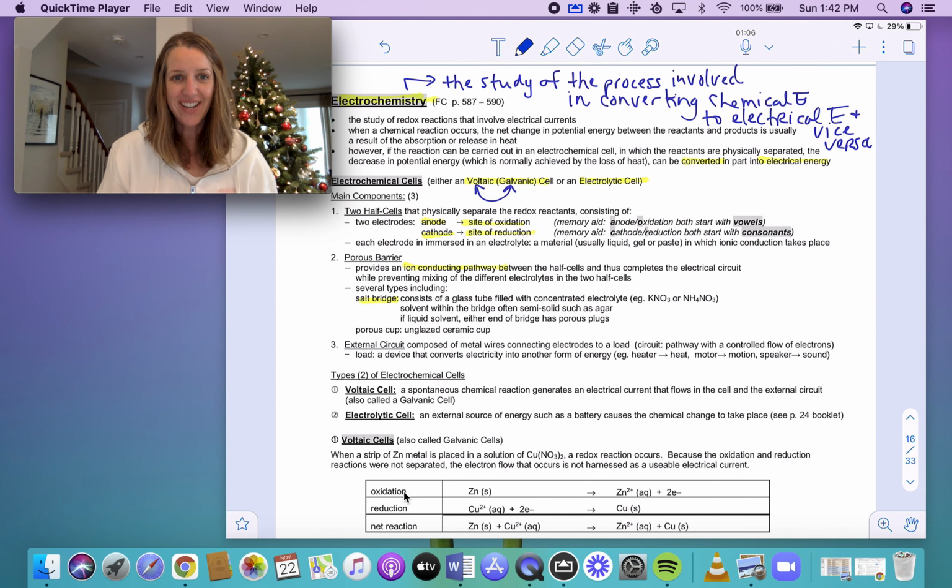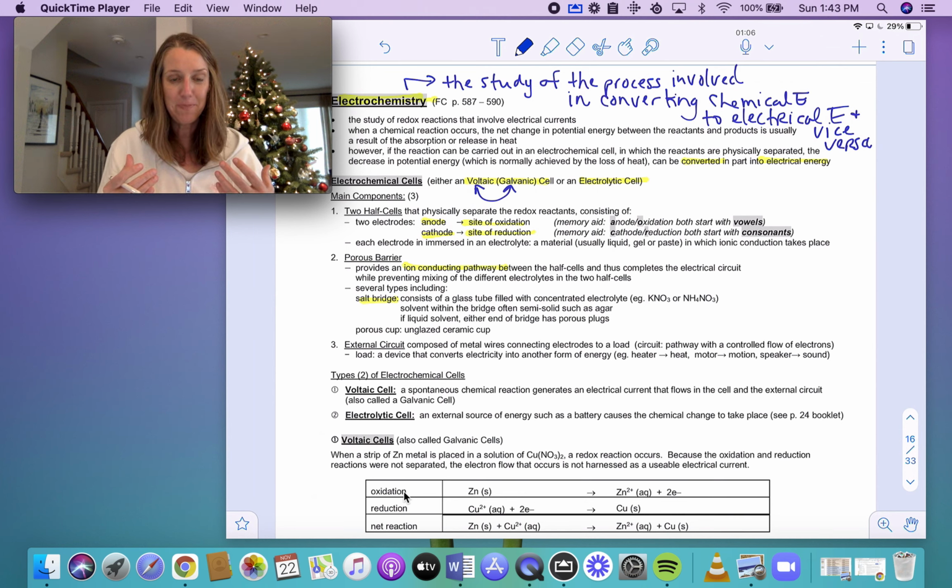Okay, hi grade 12s. For this section, we're going to be looking at an electrochemical cell. So it leads us into the lab activity we're going to do in the following day. So hopefully you've already watched Tyler DeWitt's videos on electrochemistry. He does a really good job of introducing the concept where we're taking and converting chemical energy into electrical energy